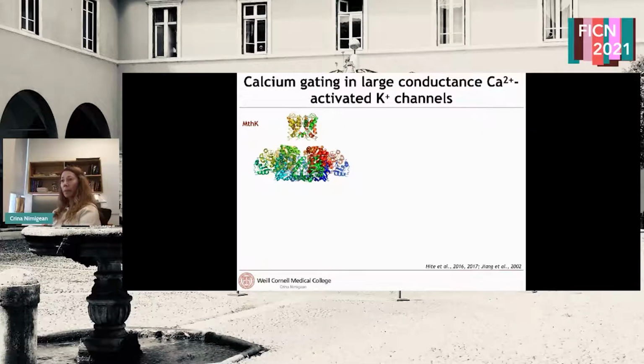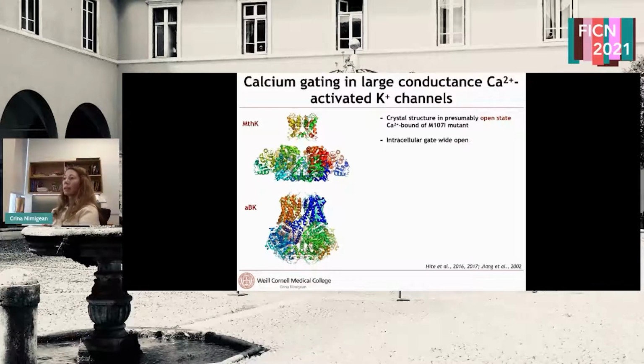The structure was that of an open state, calcium bound channel. It's a mutant where the second initiation site is mutated to form a simple